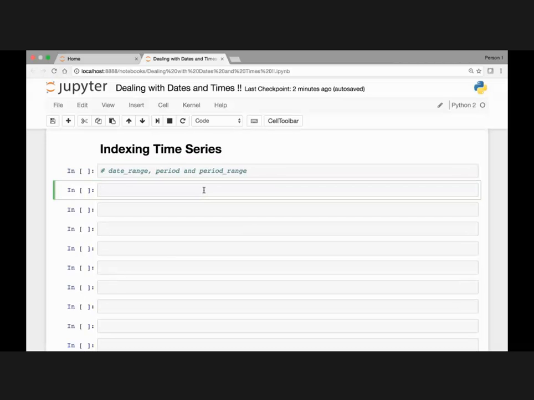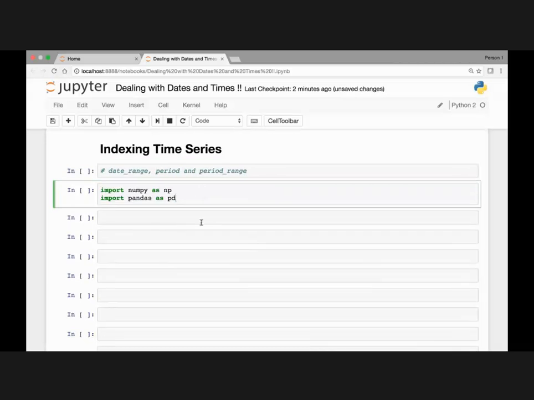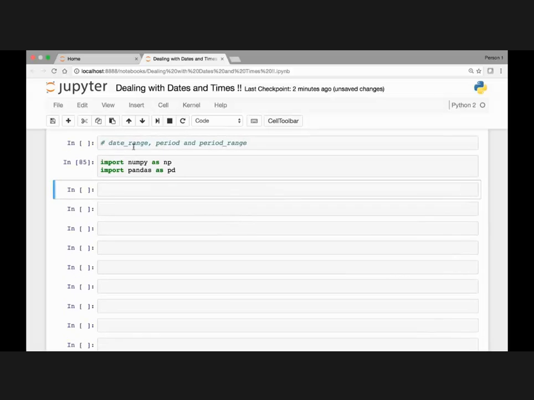As usual, we start by importing NumPy and pandas. Let's first start by looking at the date range function. Pandas has a date range function. We can use that function to create a series of times. Let's do that, and we'll store it in a variable called date. So I'll say date to be equal to